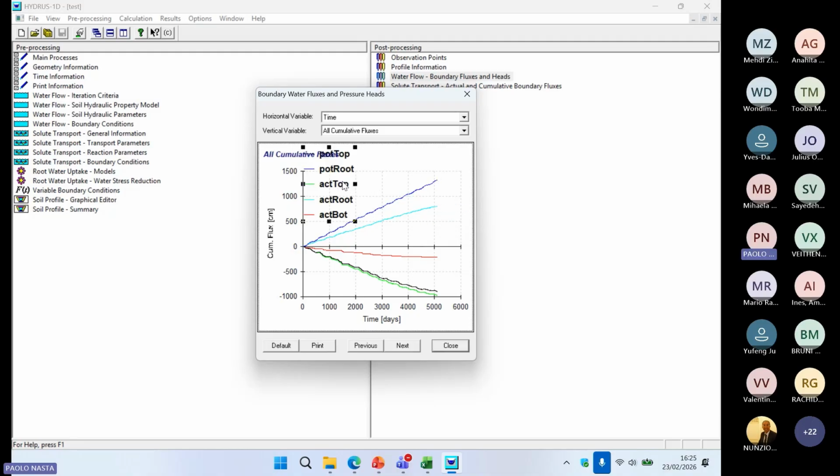To put the legend probably here. I don't know if it's so visible, but you can see that the black line is the top flux, the potential top flux, and the green line is the actual top flux, meaning the top flux, I remind you, that was precipitation minus evaporation. So for potential, the black line is precipitation minus potential evaporation, and the green line is precipitation minus actual